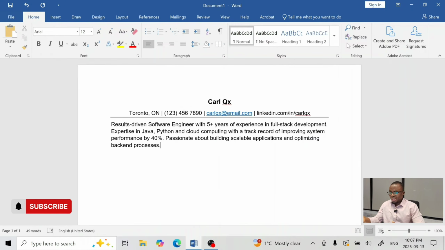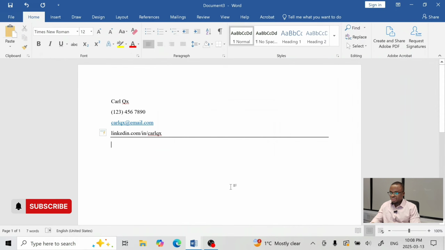So we can also go to the other resume and try to put in a professional summary for the person in healthcare as well, right? So I'm going to just switch to the other resume, all right? So here we can put a professional summary. Assuming this person is a nurse, we can say registered nurse with 6 years of experience